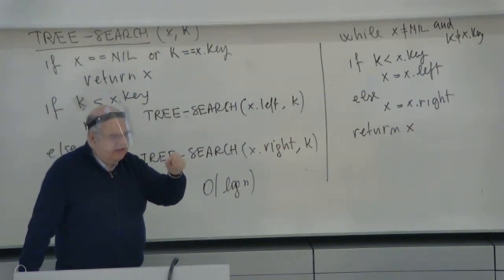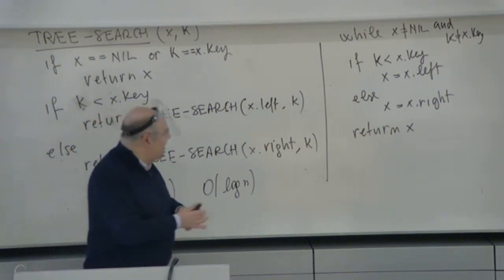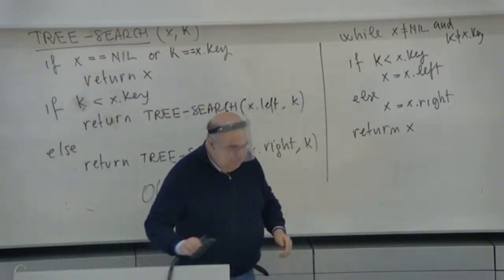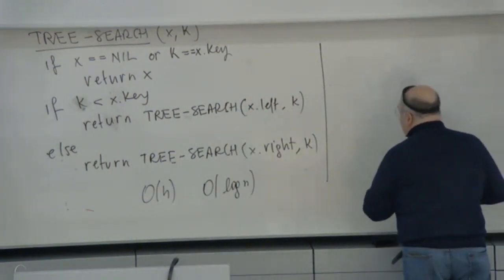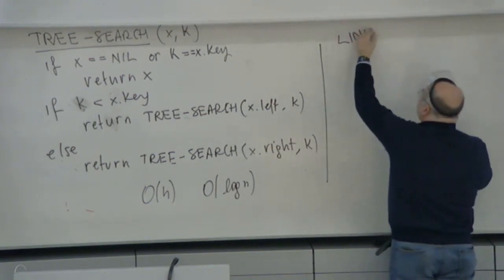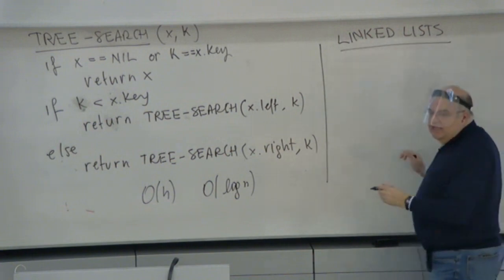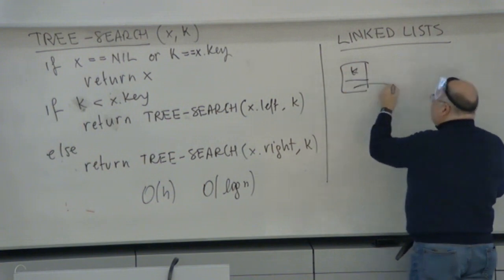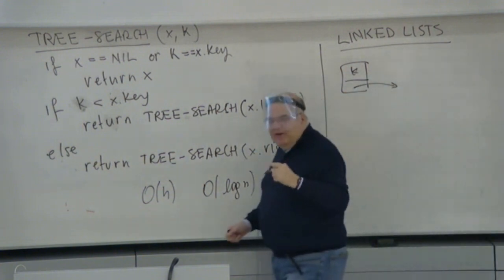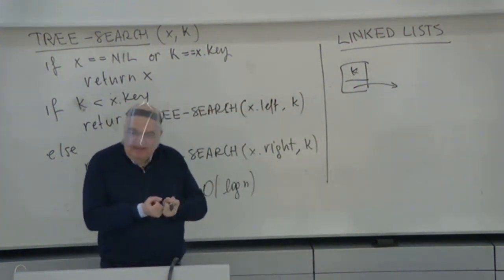Like, have you done linked lists? Well, there is another structure. Let me just introduce you to this, because this is very common. There is another structure which is called a linked list. Okay, so the idea is that you have, say, a key and a pointer. And the pointer points to another node. So it is a list, but it's a list where each element knows